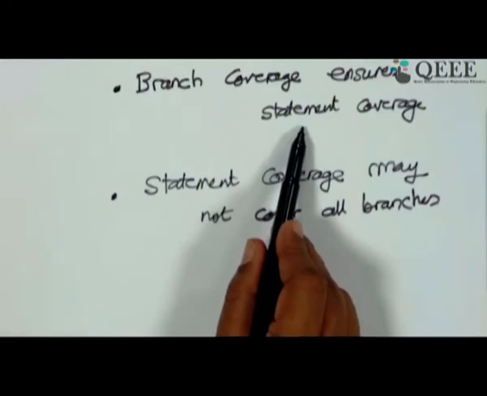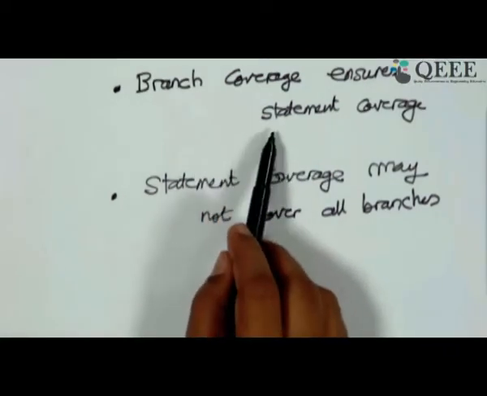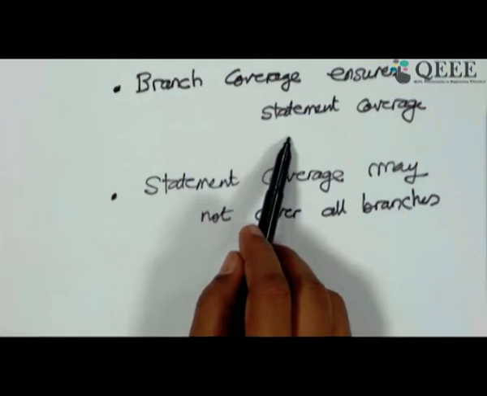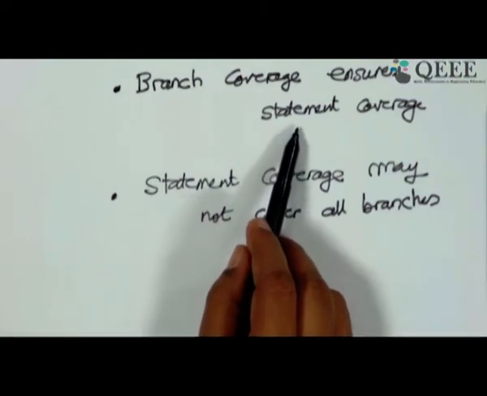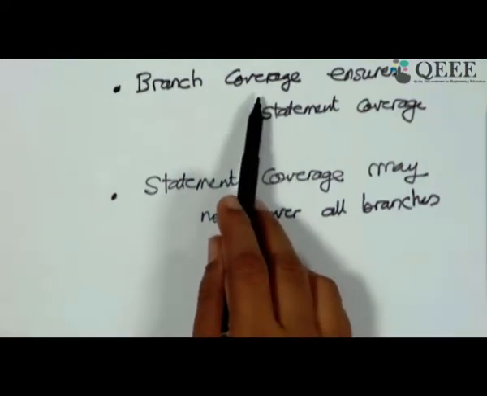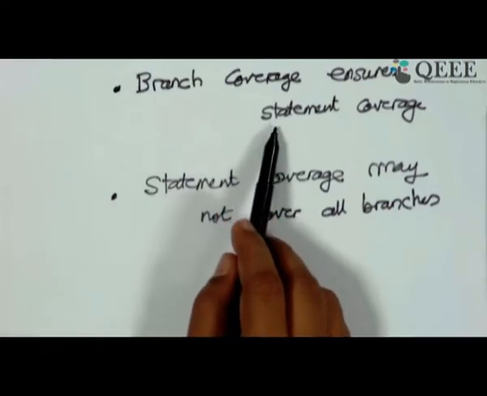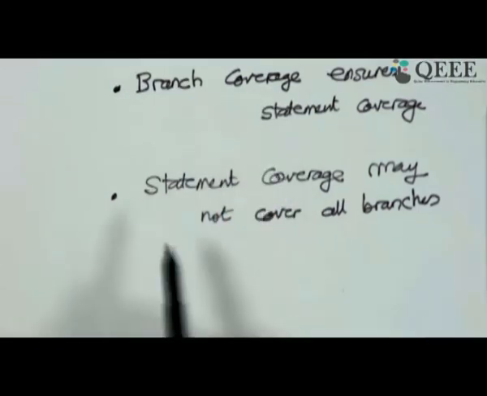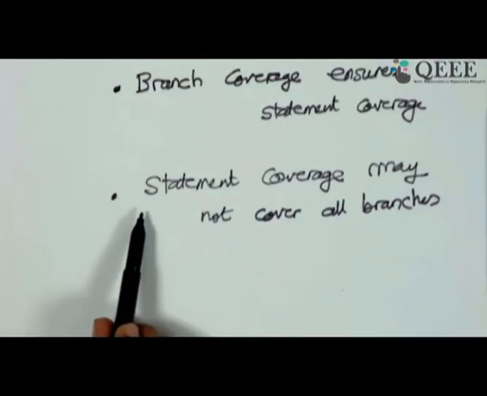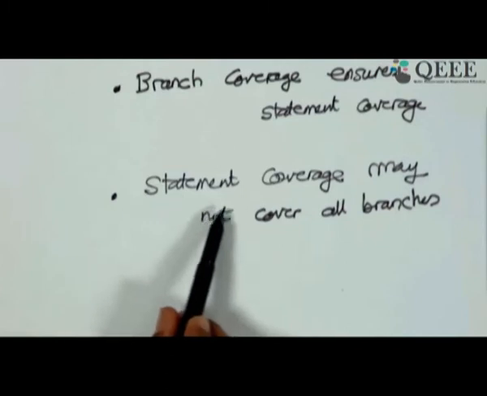There can be no statement which doesn't lie in any branch. So as long as we achieve branch coverage, statement coverage is implied. The first one is a straightforward proof that every statement must belong to some branch. So as long as we achieve branch coverage, all statements will be executed. Now what about the second one? We have to show that when we have achieved statement coverage,